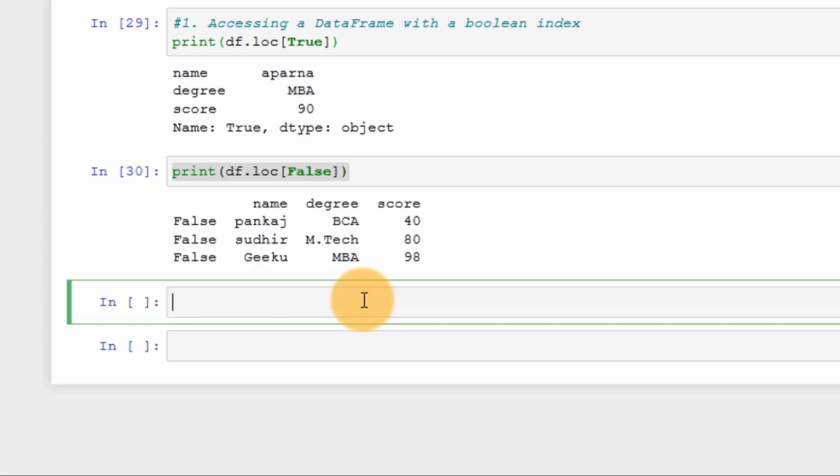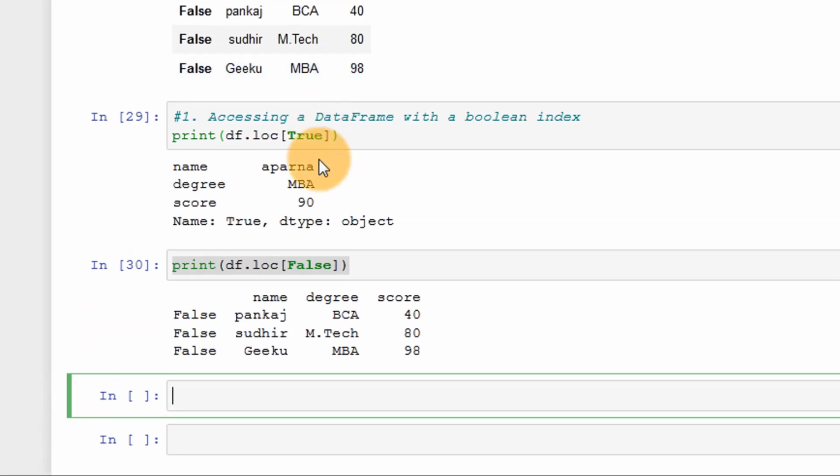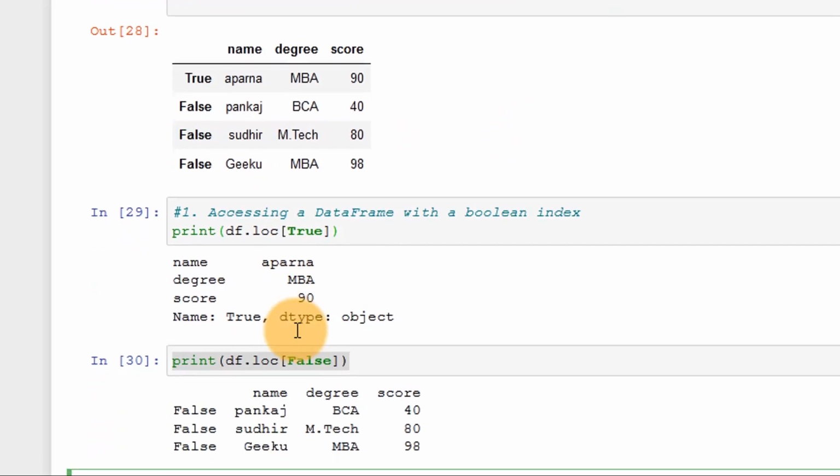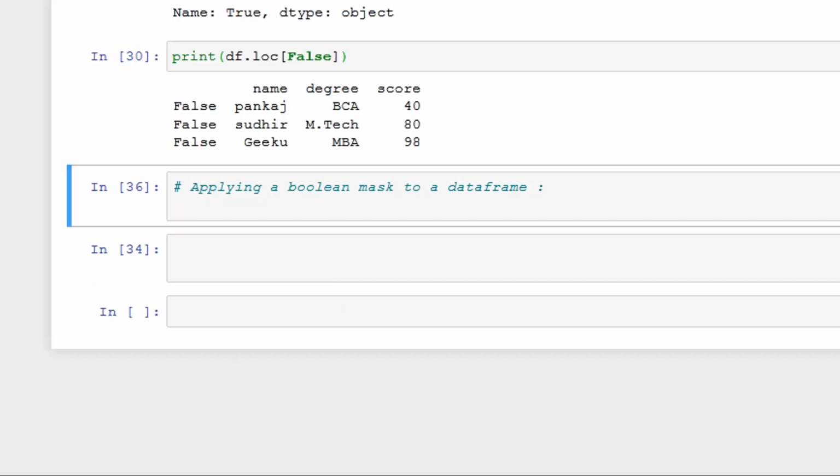So my first point is clear, where we have used the loc method to filter out the values. I can use iloc, and if I specify 0 and 1 to the row indexes, then I can use the iloc method.